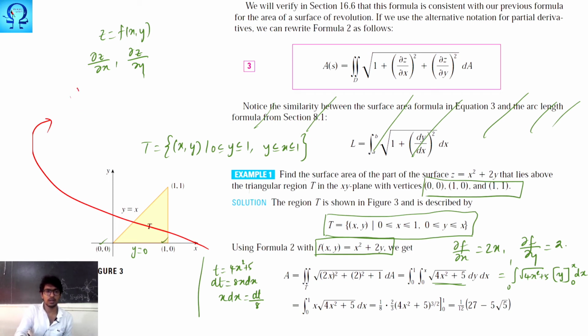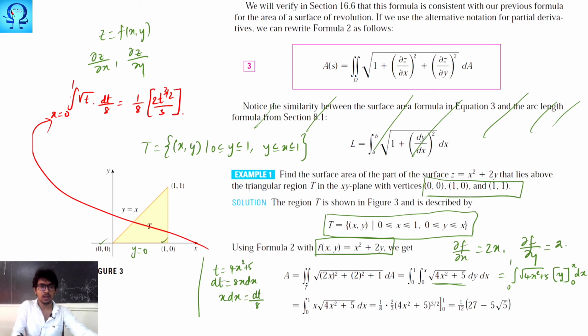So your integral 0 to 1, this integral limit is for x, right? So it is under root t multiplied with dt upon 8. So you can take 1 upon 8 outside, so it is going to be t to the power 3 upon 2. When you give 3 upon 2, you are going to get like this, and your x value ranges from 0 to 1. So it is 1 upon 8. If you wish, you can take these things also outside. So it is 2 and 8 gets cancelled, so it is going to be 4 multiplied. So 1 upon 12, it is 4x squared plus 5 to the power 3 upon 2 over the limit x is equal to 0 to 1.